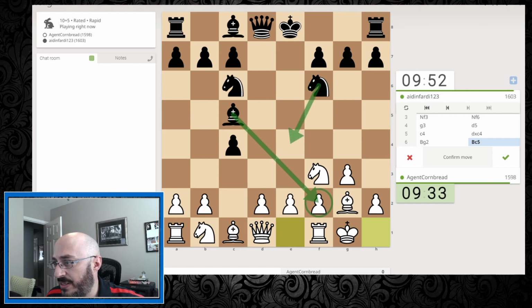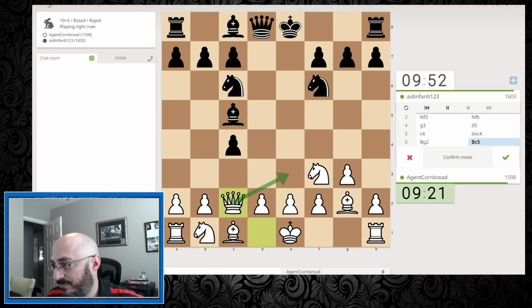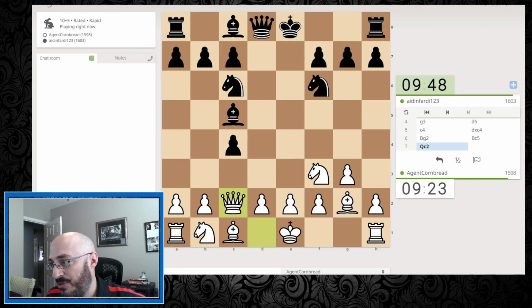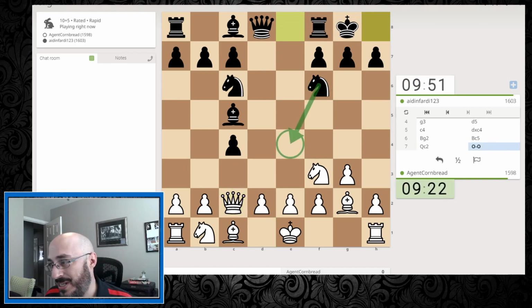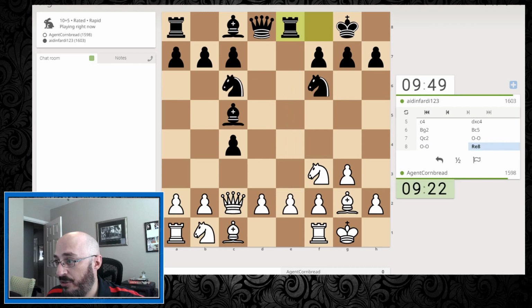I'm just looking to see if my opponent can get a double attack. And he could. Probably unnecessary. So queen to c2 is a standard move. Probably not necessary right now. I'm just stopping this knight from jumping in. But it's not really stopping anything. Right? But now, we're all completely open here. I think it's time for...